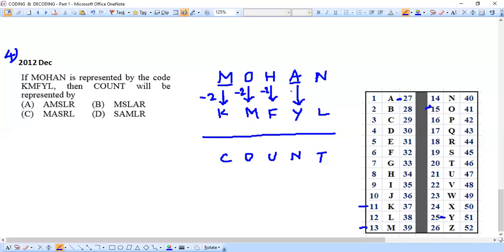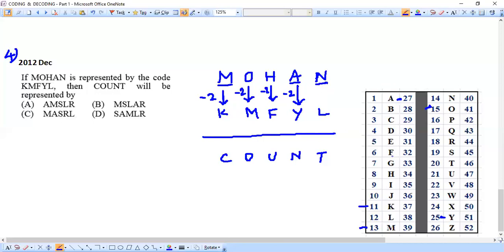This makes more sense than moving in the forward direction, right? Because 27 to 25 is again 2 positions in the reverse direction. So I'm just placing -2 once again here. Are you able to understand why we are rejecting the plus case, the forward case? Because it looks too strange when we compare it to the previous cases, but moving in the reverse direction is making more sense. That's the reason.